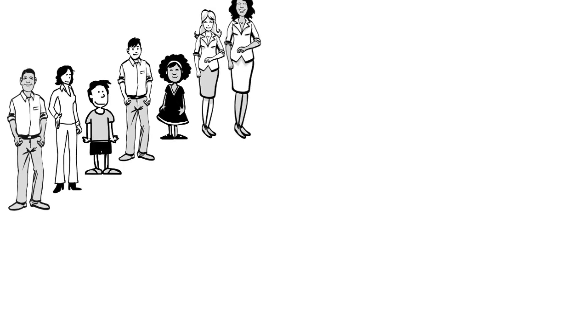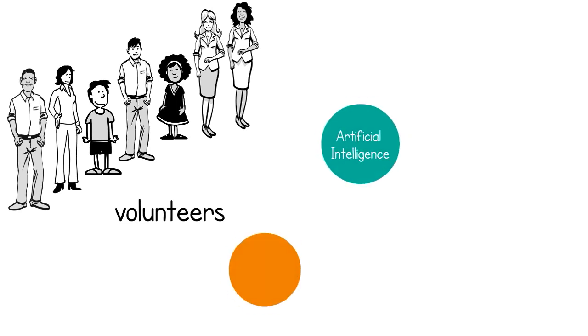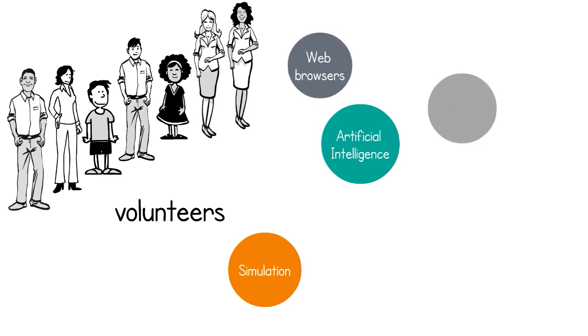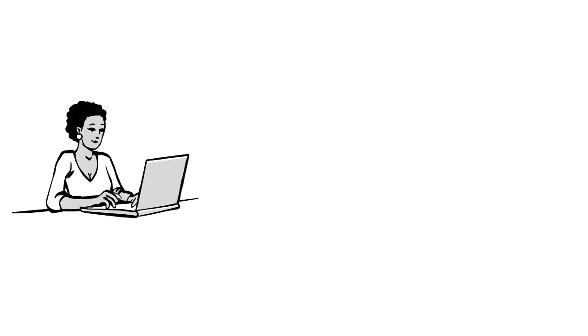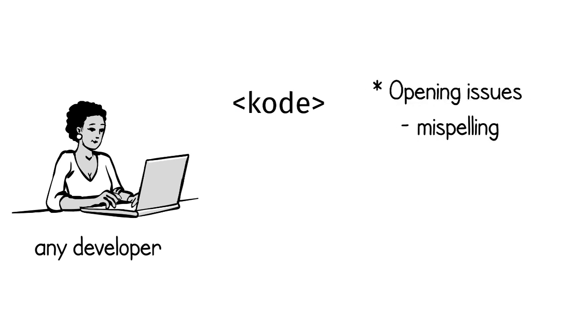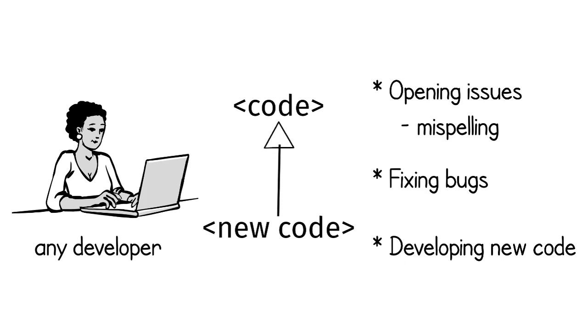The open-source software model, which relies on the workforce of volunteers, has created a thriving ecosystem of projects in areas such as artificial intelligence, simulation, web browsers, finance, and several others. Making a software project open source means that anyone will be able to look at its source code and make contributions such as opening issues, fixing bugs, developing new functionalities, or even creating new projects using existing software as a